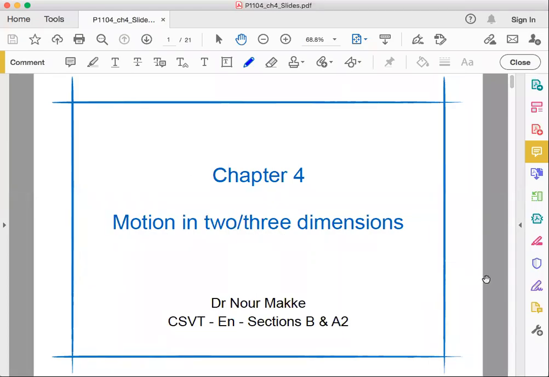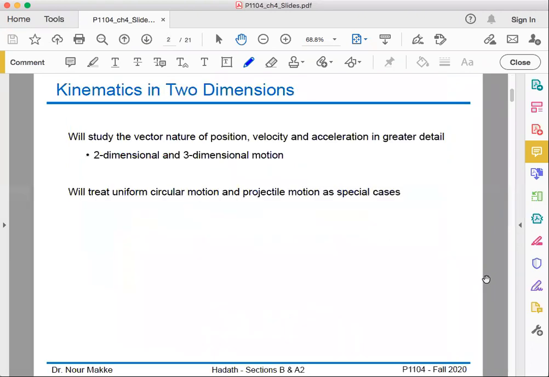In this video, we will discuss the motion in 2 dimensions and in 3 dimensions, following our discussion on the motion in 1 dimension in chapter 2. So again, when we describe a motion of a given object, whether in 2 dimensions or 3 dimensions, we will need the basic variables required to describe this motion, which are the position, the velocity, and the